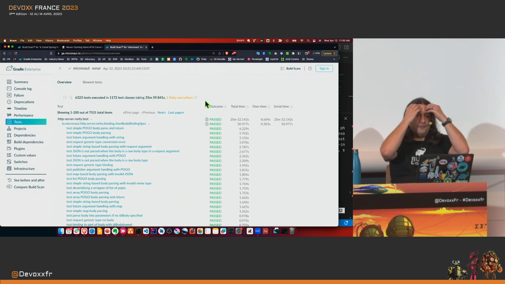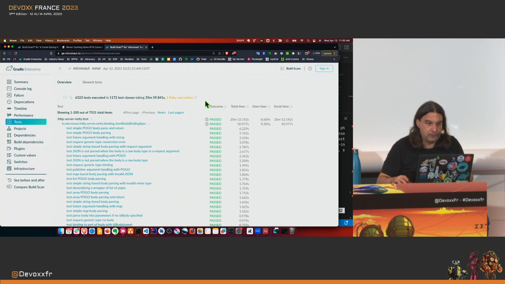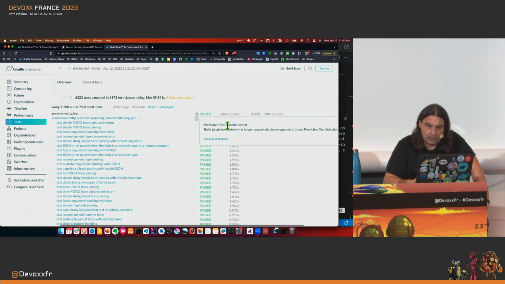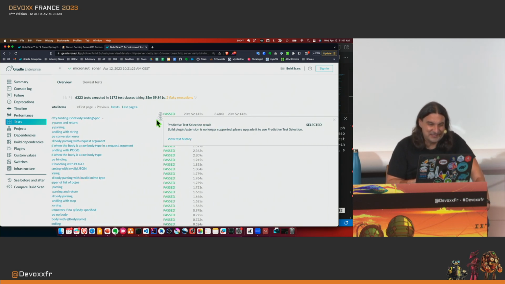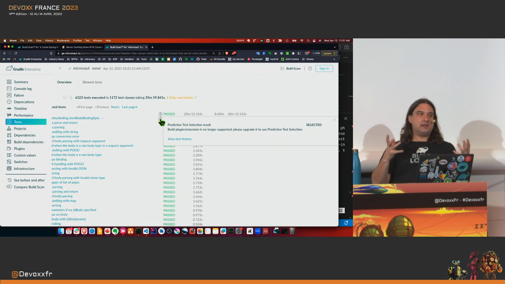Perfect. So this one ran with the selection turned on, and you can see the model is even telling us the reason that it selected it. But in this case, it's because Micronaut hasn't updated to the newest version of the extension, so predictive is effectively not working. But this was the other thing that I really wanted to demonstrate, is that because you're using a gradient